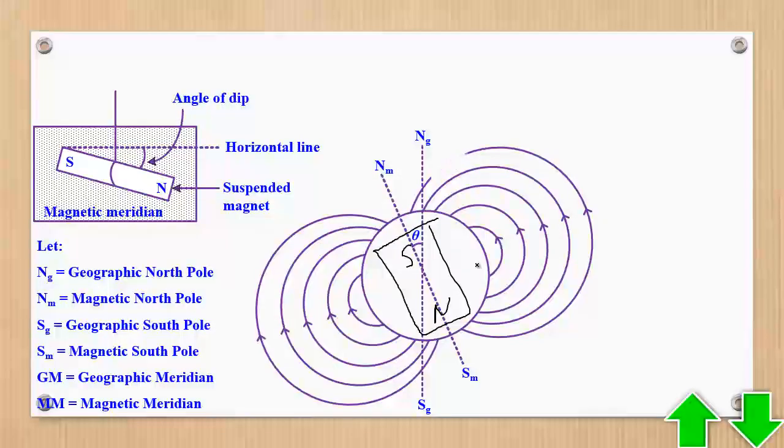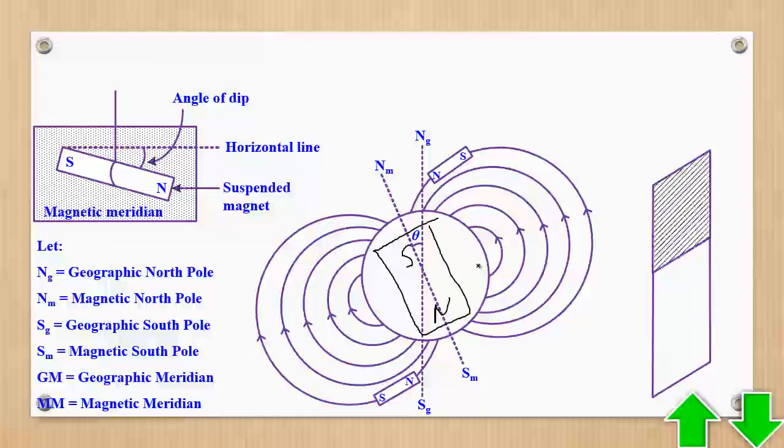So you put a magnet in the northern hemisphere, it will rest with the north pole below the horizontal. Southern hemisphere, it rests with the south pole below the horizontal. Now a plane through the geographical north and geographical south is what we call the geographic meridian, just as you